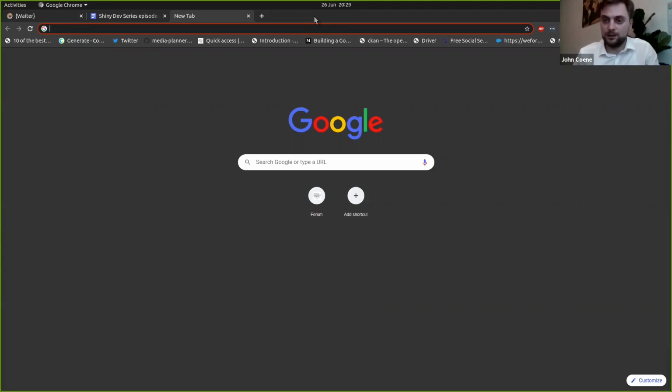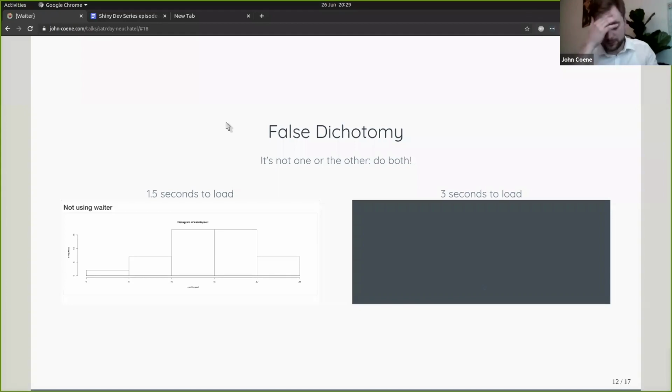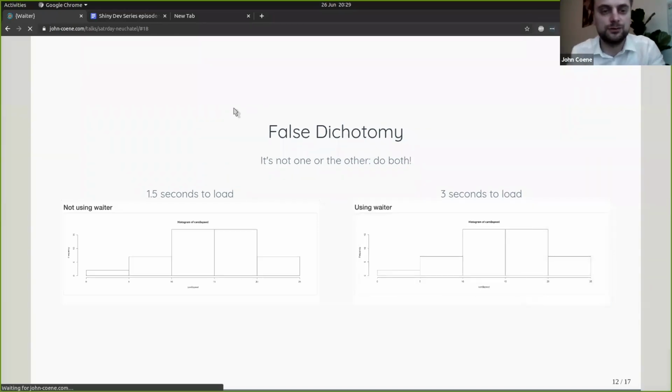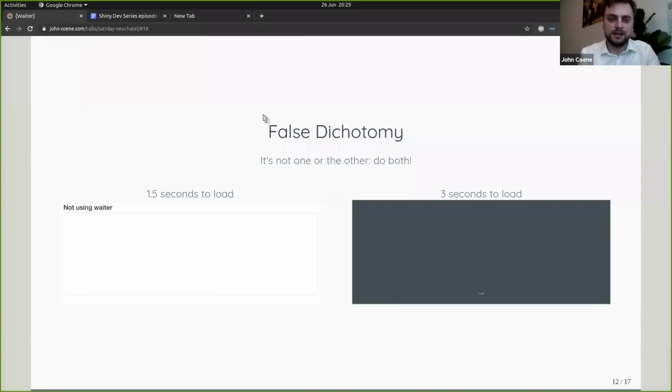that it was in effect loading. And in that, I'll just take to try and demonstrate that. This is a slide I had for Saturday here in Neuchâtel. I'll just refresh to try and make it work. What you have there is two Shiny apps. The one on the left uses a waiter or loading screen, but takes 1.5 seconds